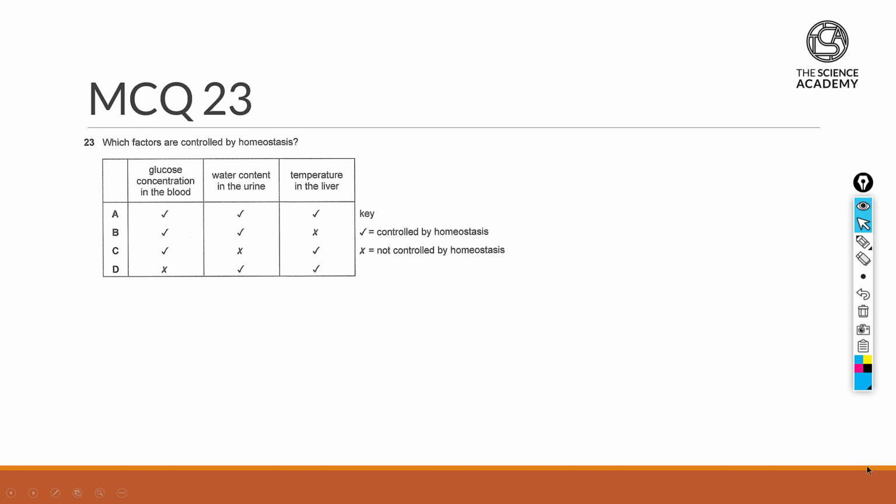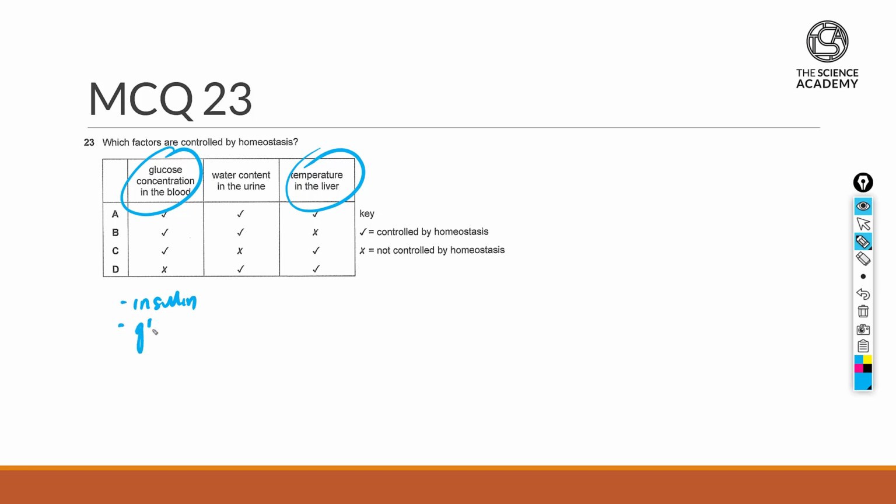MCQ 23 is a very popular homeostasis question, and definitely for items that are controlled by homeostasis, I'll say that glucose concentration as well as temperature in the liver is going to be very important to be a positive answer here. Glucose concentration is regulated by hormones like insulin